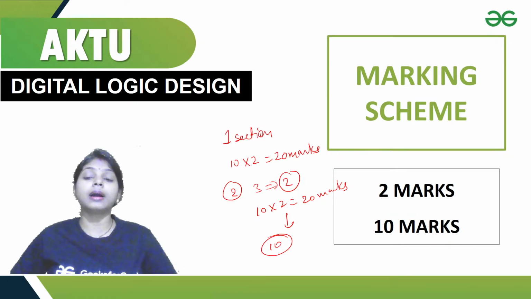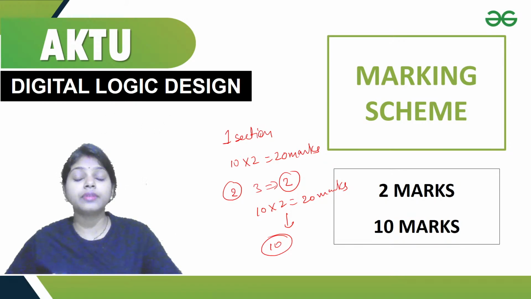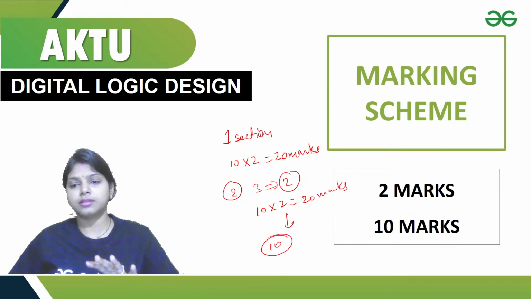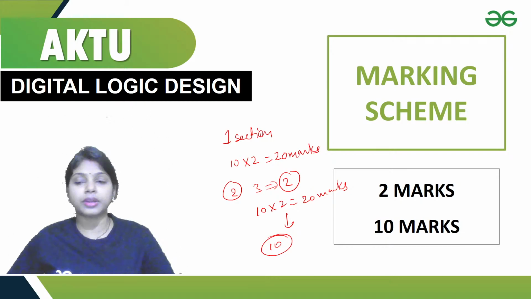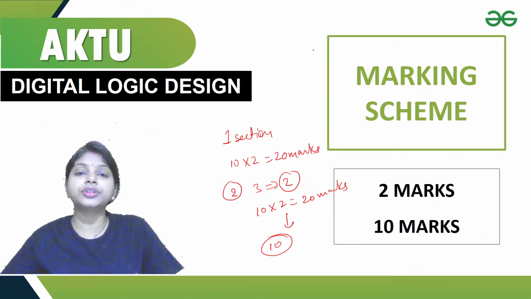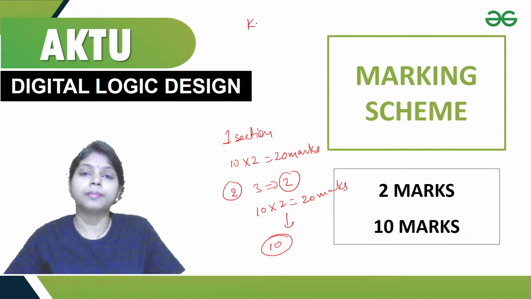But for 10 marks question, you have to give detailed information for the question, right? One by one you have to attempt the question in detail. Let's suppose you are getting a question for k-map, let's suppose, right? K-map,